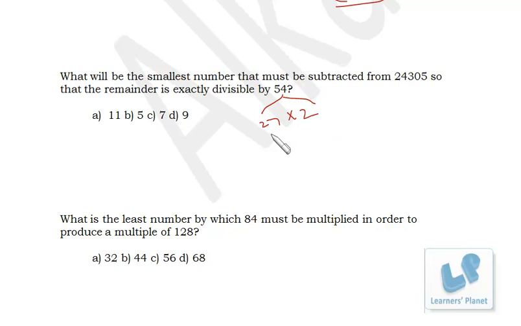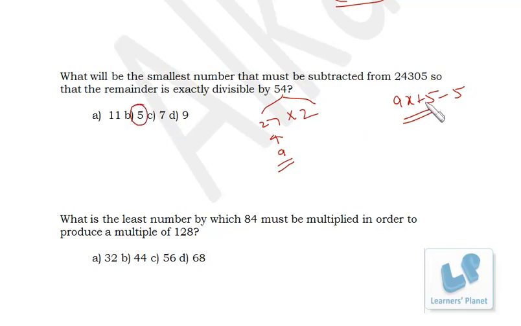So now we have to check for 27, and 27 is what? Multiple of 9, right? So let us see which of them produce a multiple of 9. Right, so 24305, the divisibility rule of 9 is what? Sum of digits must be divisible by 9. So 4 and 3, 7, into 9 plus 5, 14. So it is 9x plus 5 format, right? That means this number when divided by 9 gives 5 as the remainder, right? So if we delete 5 from this, the result will be divisible by 9, obviously. So we can delete 5.